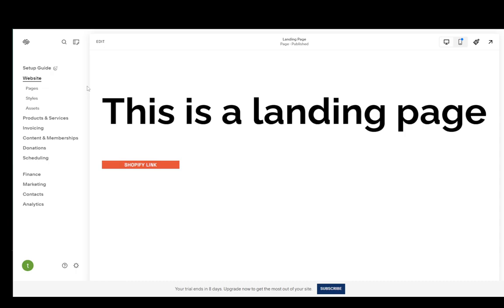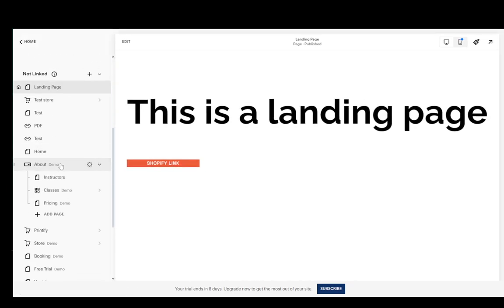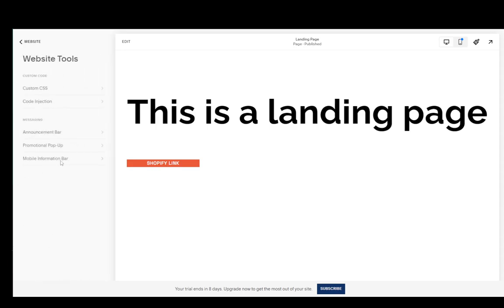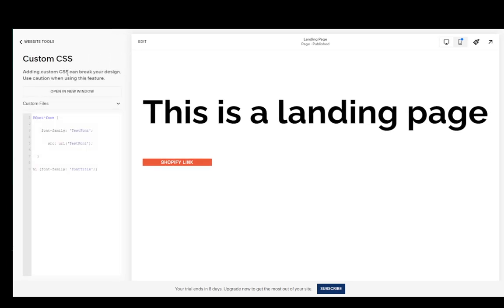But yeah, if you can't do it and whenever you try uploading it, it doesn't work, what you can do is edit the custom CSS for your website. You can do this by going first into the pages menu on the left, scrolling all the way down into website tools, and then going into custom CSS. Here you have custom files, and this is some code that I have for a font